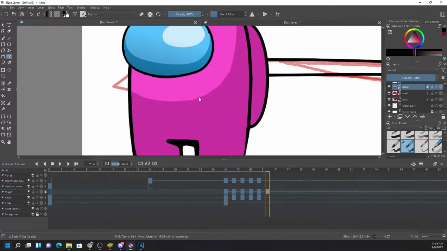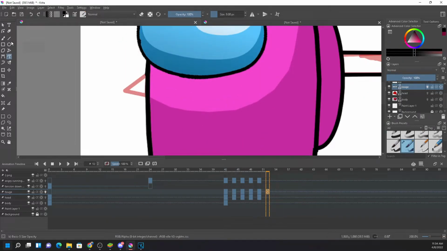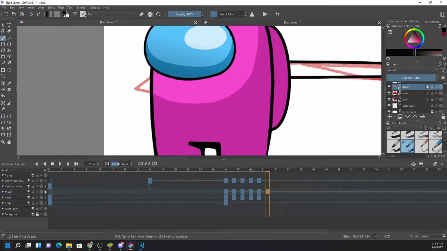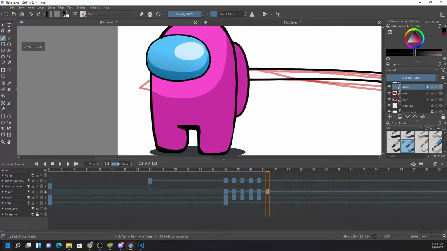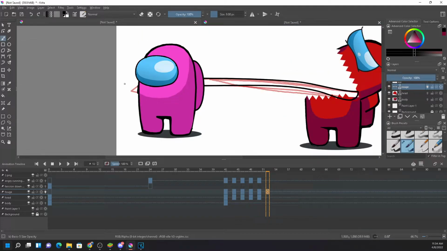Sorry. Now look at this. I am drawing. It needs to cover like this, right? It needs to enter this layer. It needs to hold this pink character. So I'm drawing a line like this. So it is not visible because this pink layer is in front of this tongue layer. So you can see the tongue is below the pink.